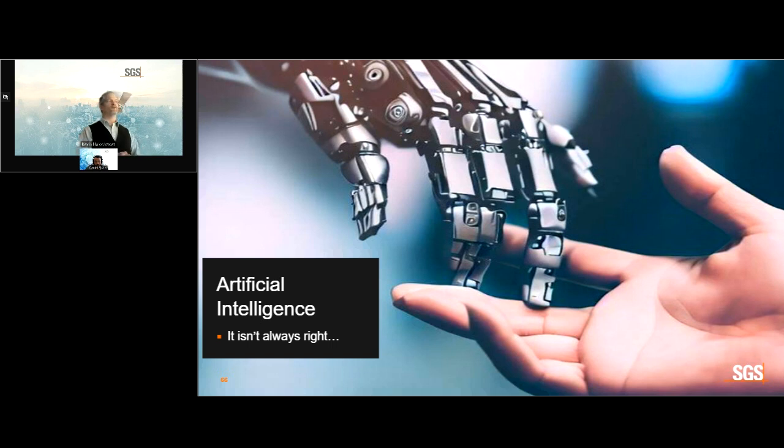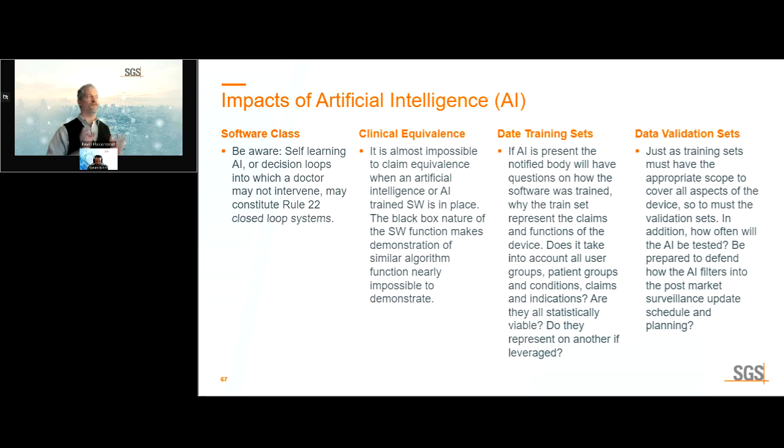And I want to make a brief joke and note about artificial intelligence. I hope you all appreciate that I chose an image generated by artificial intelligence that's all messed up. That's on purpose. That's not an accident. Artificial intelligence isn't always right. I've reviewed many of them, and I will say to you, it is neither artificial nor is it intelligent. It can be sort of intelligent in a really narrow band. So let's talk very briefly about artificial intelligence.